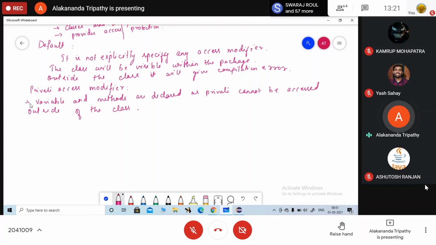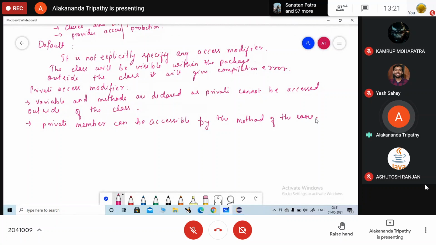Another point you can note down: a private member can be accessed by a method of the same class.